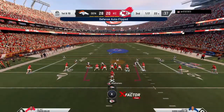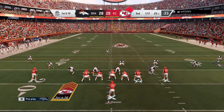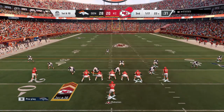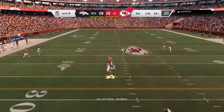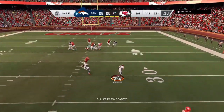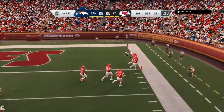The KC offense out of the huddle, ready for their next drive. They're down in this game. A chance for the offense, though, to put something on the board, get some momentum here in the second half. Try and get things kick-started for them. Looking for Kelsey there, but it's intercepted. Picked off by Justin Simmons. And he takes...